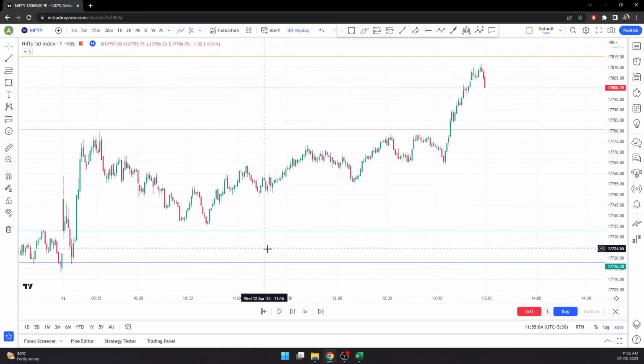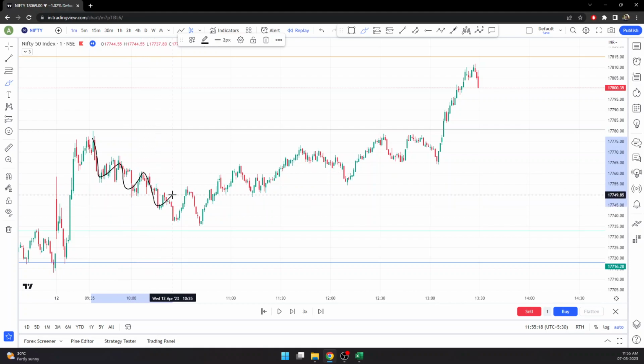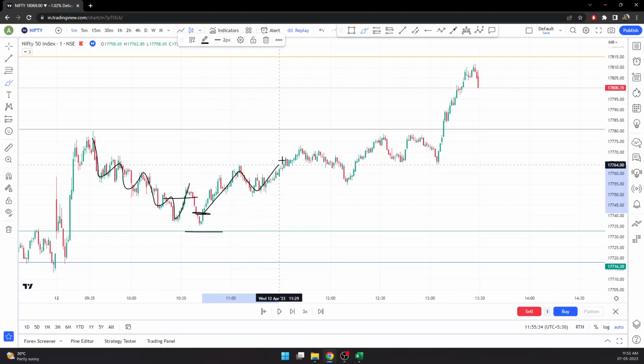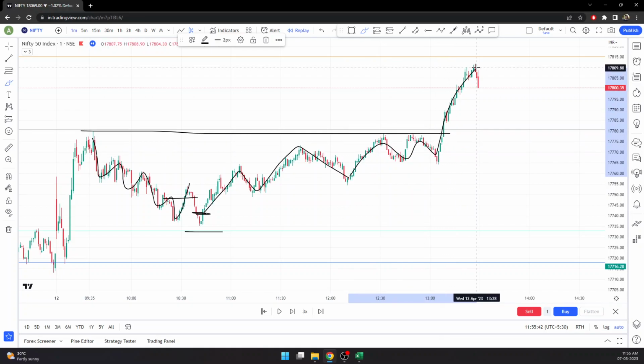So if we go onto this particular 1 minute time frame, we can see a strong bullish move, some retracement with lower highs, lower lows, lower high, and this is where we got the break onto the upper side, right? So we could have made our entry somewhere here, having stop loss somewhere here, and this is a very good move. Our target should be to break this particular level. It has already broken this level. So this could have been a very good